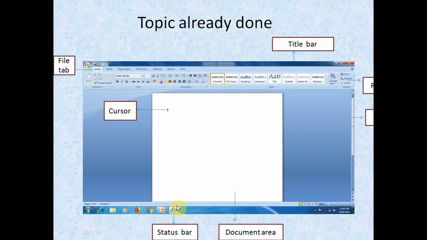Now this one is called the status bar, where the status of your cursor will show.